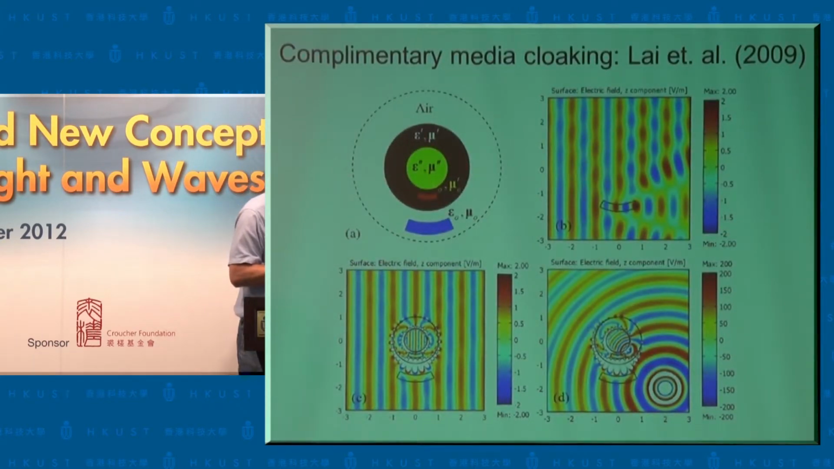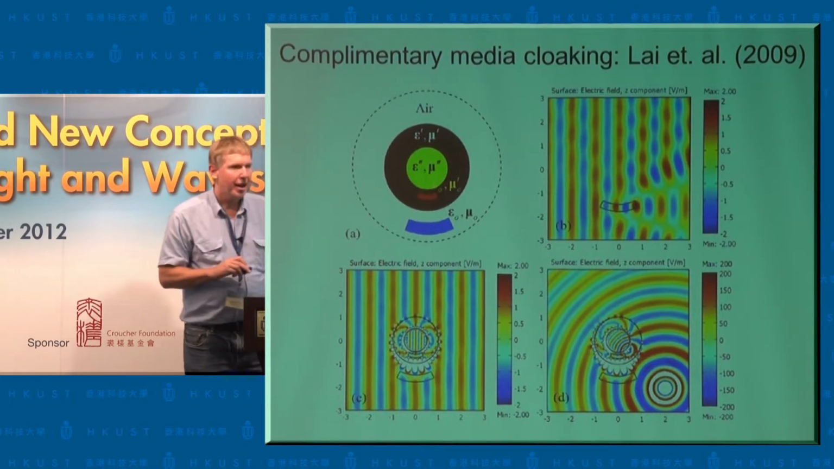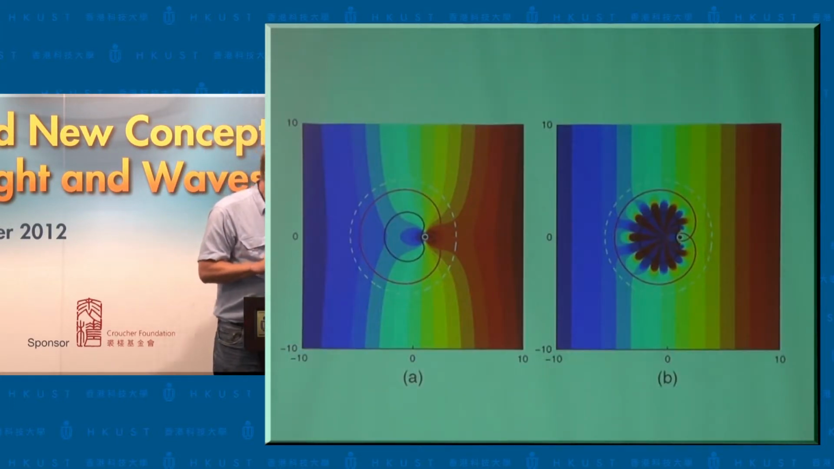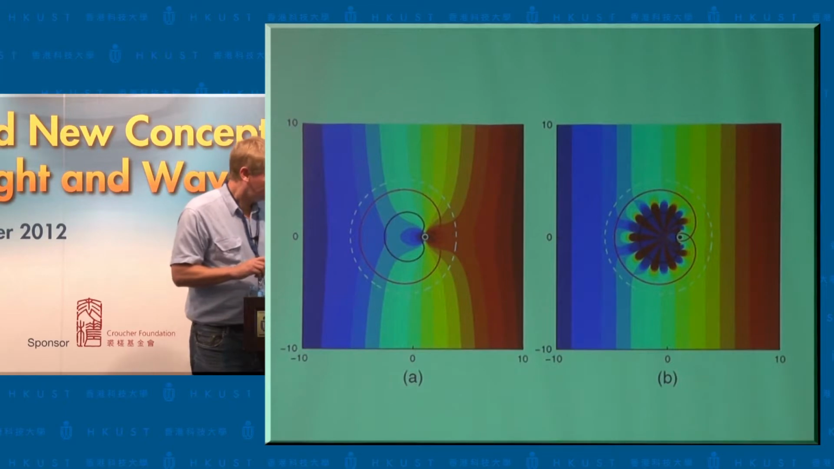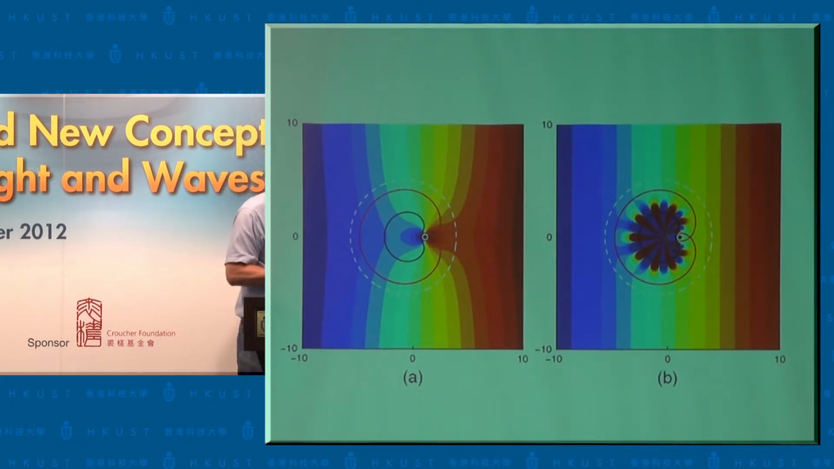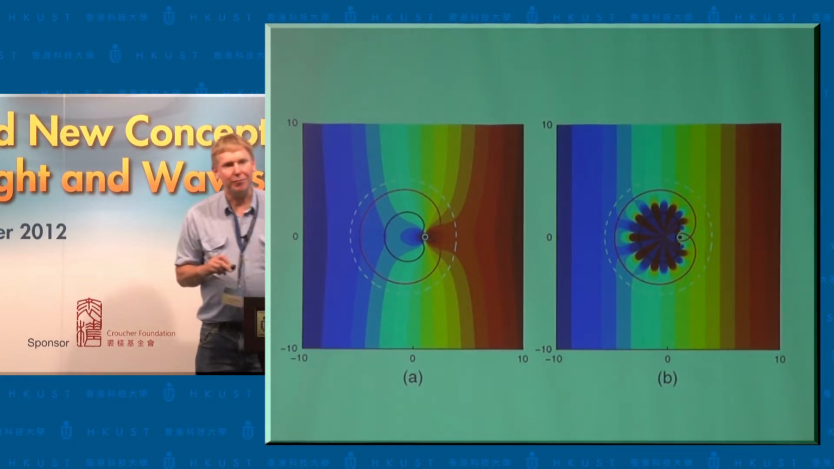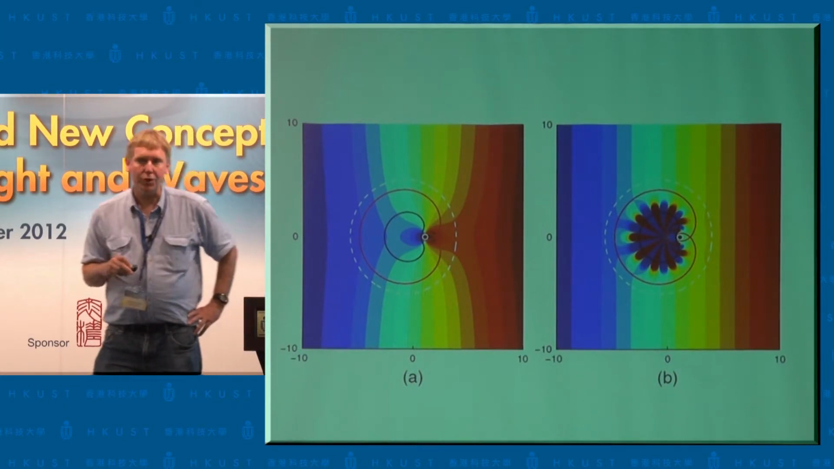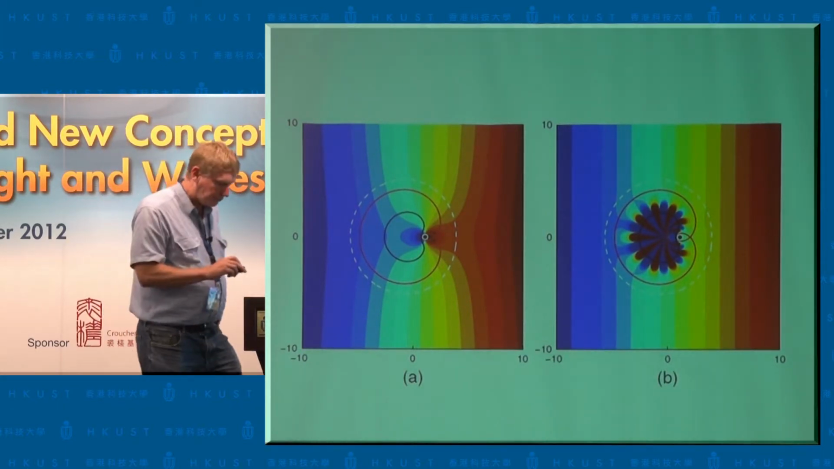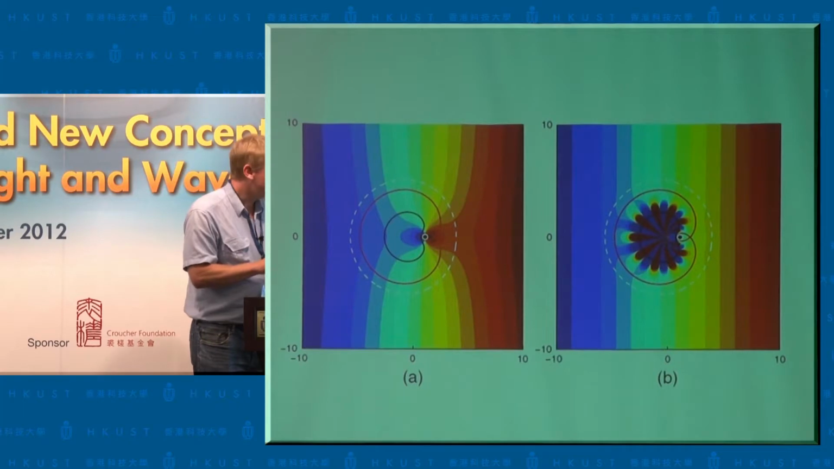And then there was work by others, based on the principle of complementary media, that showed you could get cloaking exterior to the cloaking device as well. And so you might ask, well, can you do this more generally? Instead of using materials, can you use active sources? And here this is the solution for